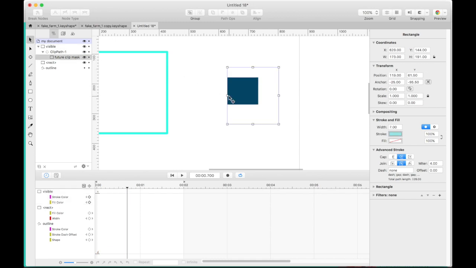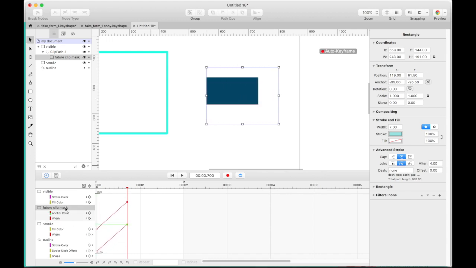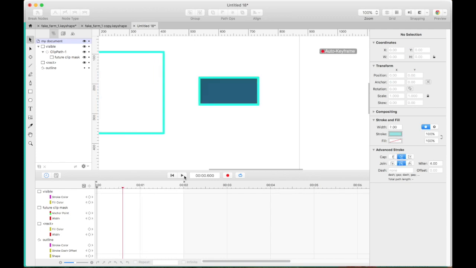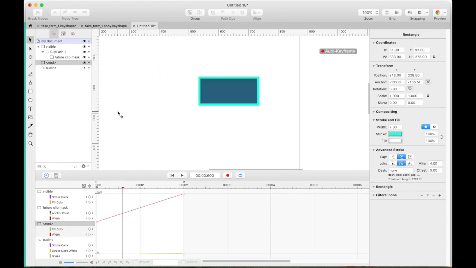But then if you want to change the visibility of this, you're going to see it there. And so let's use the auto enable. Let's start it invisible. So we're going to start it invisible, then click it, and then open it. And that one is future clip mask. Oops, let's go all the way. And then I'll just stop it, hit rewind, and there it is. Now I'm going to get rid of this guy because he's no longer necessary.